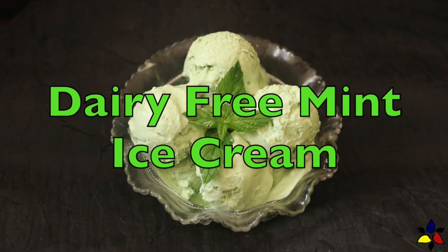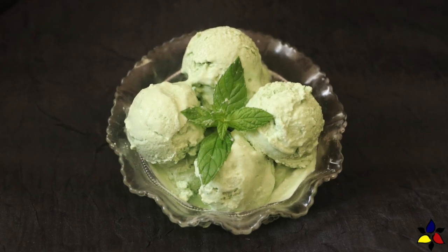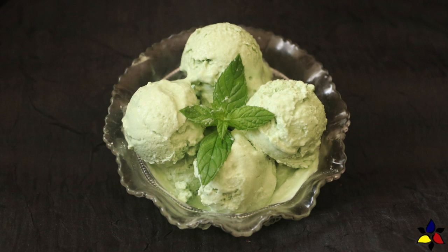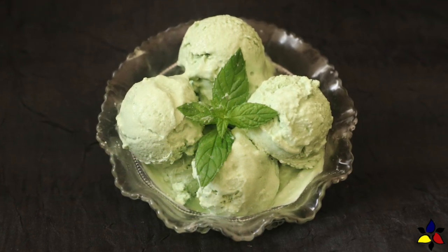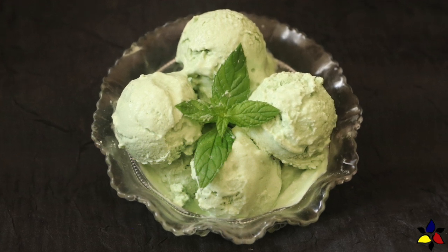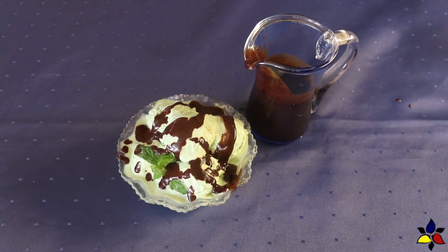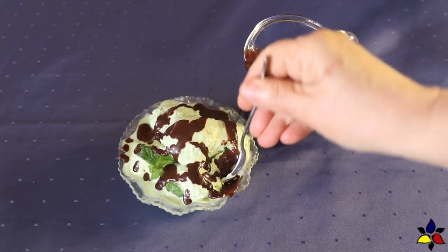Today's ice cream recipe is my dairy-free fresh mint ice cream. One of the really great things about this particular recipe is it does not require a machine. It's dairy-free, egg-free, sugar-free. In short, it's a vegan keto ice cream. And the great thing about this particular ice cream is that anybody can enjoy it regardless of your dietary preferences